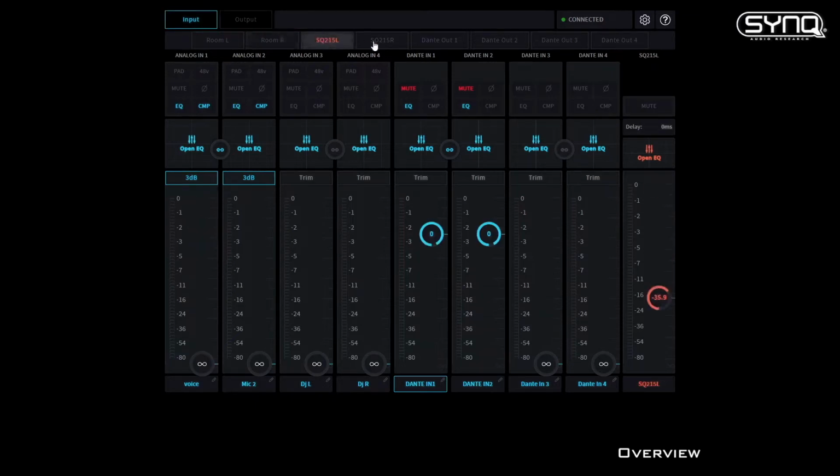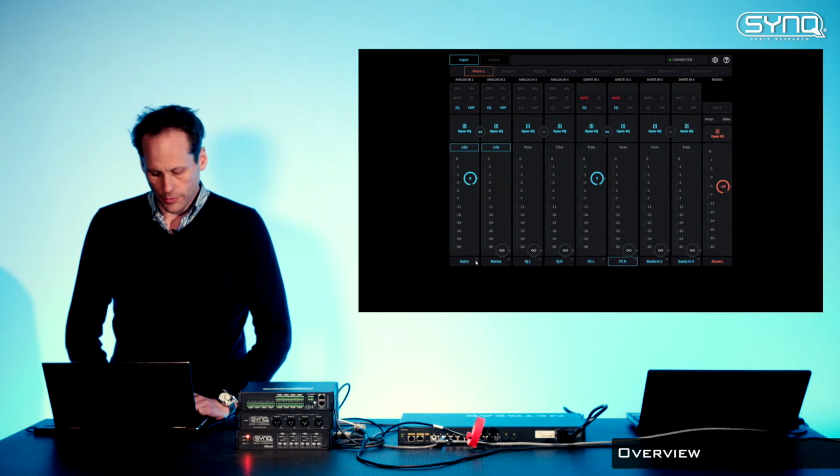For each output, you can set the parameters for 8 inputs. So as we said, it's a matrix. Basically, you can set different levels from different inputs for each output. So let's take the output number 1, room left. You can basically rename the input on the bottom. What do we have? We can name the input, we can name the output.